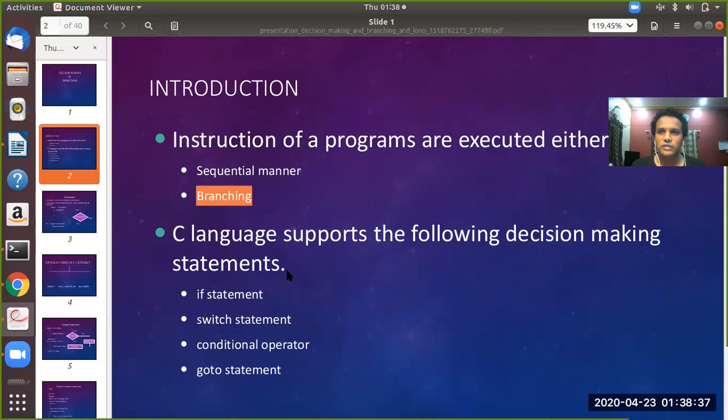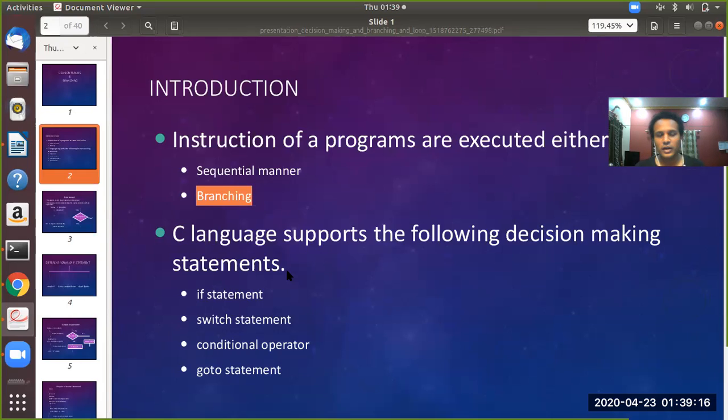Sequential execution means the program starts with the opening brace, then it goes to the first line, executes the first line, and then it goes to the second line, and it goes to the third line. In a similar way, it executes all the lines in the program, reaches the nth line, and then it will terminate after finding the last closing flower bracket of the main function. So this can be understood as sequential execution.